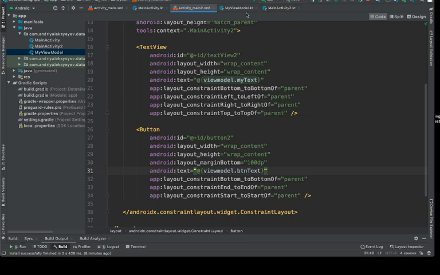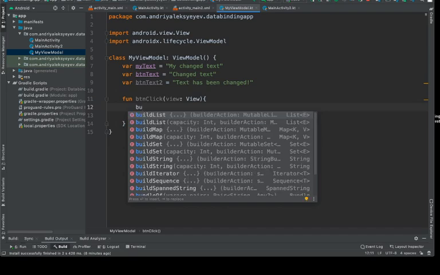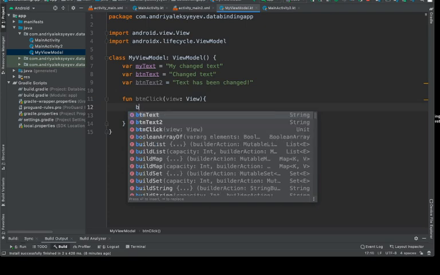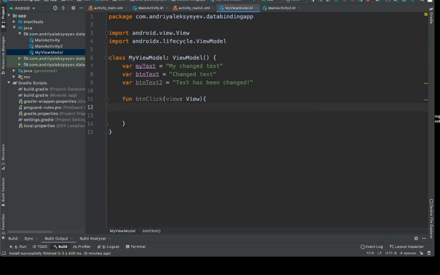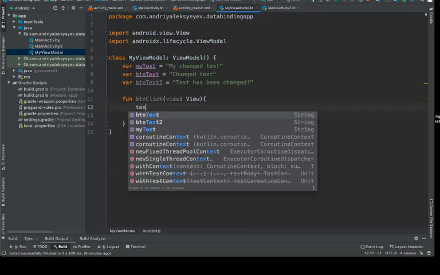So go to my view model and we'll say, let's change the text view. It's once again text view 2. Text